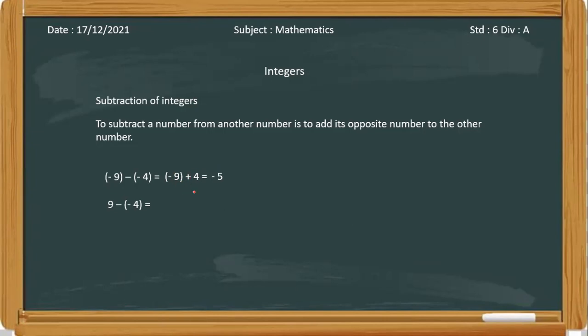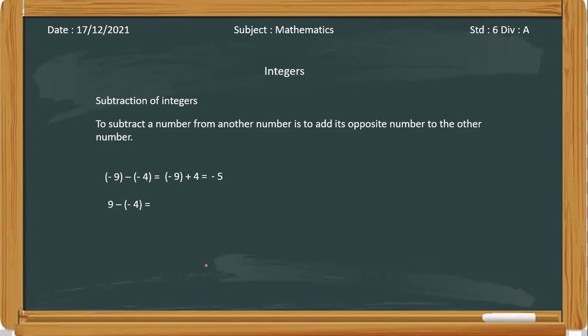So the rule was, when there is one negative sign and one positive sign, we subtract the numbers and give the bigger number's sign to the answer. Yes, so we have understood, ma'am. We just converted the subtraction sum into an addition sum to apply the addition rules. Okay. I am going to explain some more sums so you can understand this topic clearly.